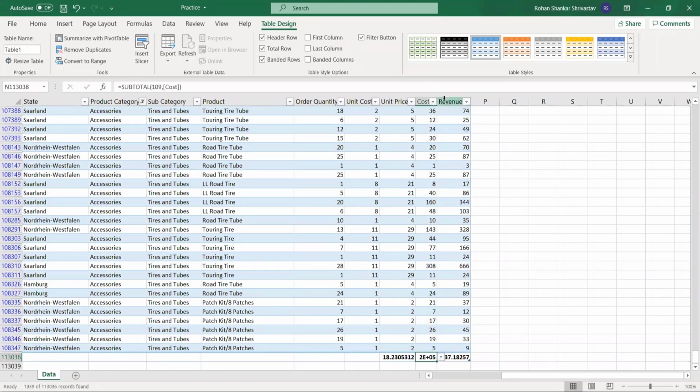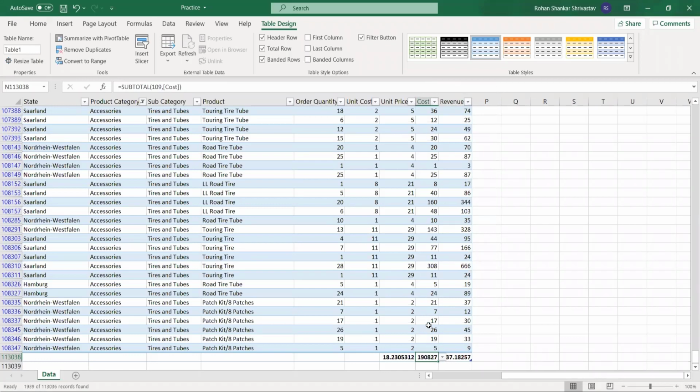So if I double click this row, I see the sum is 1,90,827 rupees. I think this is in dollars, so $190,000. Yes, so just for a recap, in the table design segment, there's a total row button which you can use to get this total row.